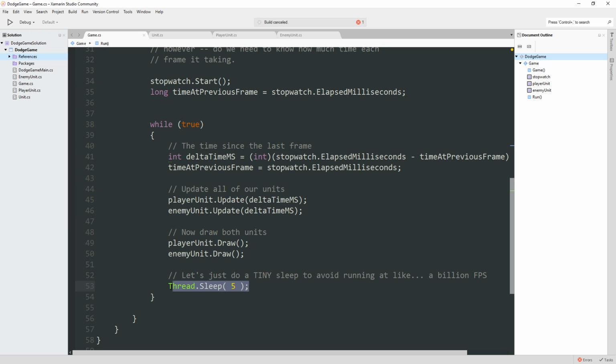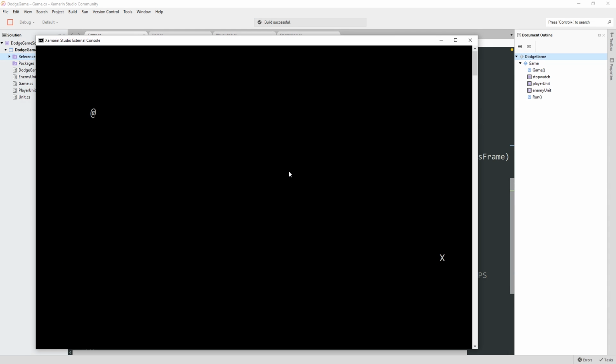The nice thing about doing a tiny little sleep here is it guarantees that the time between frames will always be at least 5 milliseconds. In practice, it'll probably be 6 or 7, especially if we add a few more characters in here. So delta time ms will always at least end up being 5. But we don't know what it is. But if we run this,